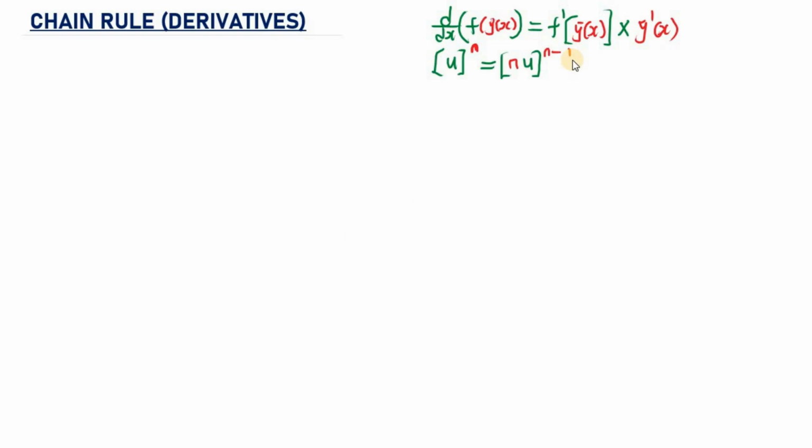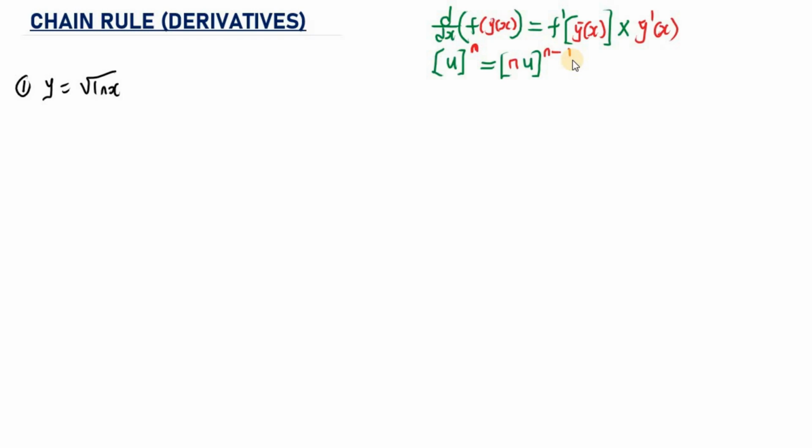So without wasting much time, let's take a look at some examples. You are going to understand this better with an example. So let's take a look at the first example. Now let's say we have a function y is equal to the square root of ln of s. Now I want to find the derivative of this function using chain rule.